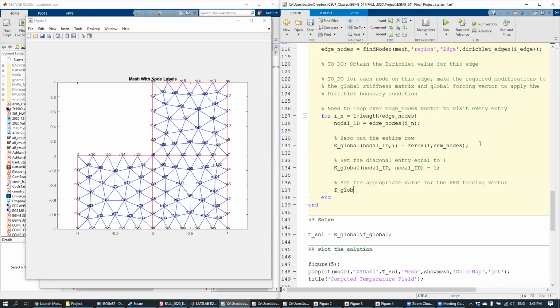And so this is going to be F global. And so you need to do something for F global. Okay? And so I'll leave that up to you guys. But basically, this is kind of the syntax that you need to use for this part of the code,